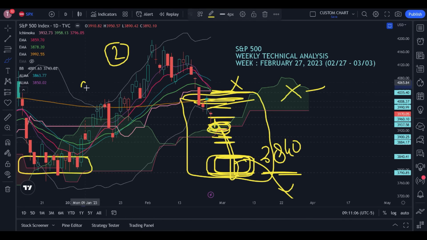Now guys, let's move on to point number 3 of the agenda of this S&P 500 weekly technical analysis. Point number 3 of the agenda is the S&P 500 technical analysis on the daily chart. So let's see what is happening on the daily chart and what the technicals are saying, whether they are neutral, bullish or bearish, whether anything is going to be saturated or not,